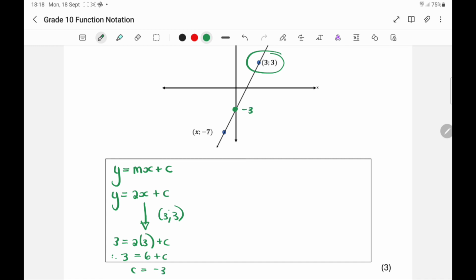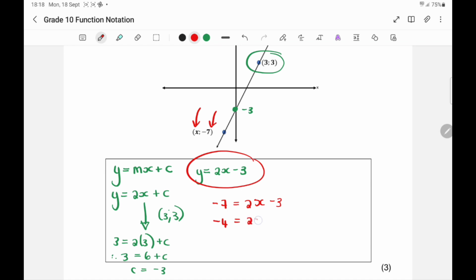And look, does it make sense? If that's negative 7, that's 3, that could be negative 3? Yes. So your equation is y is equal to 2x minus 3. Now you've got your equation. Now you can put the y value in to get the corresponding x value. So you'll get negative 7 is equal to 2x minus 3. Negative 7 plus 3 is negative 4. So x is equal to